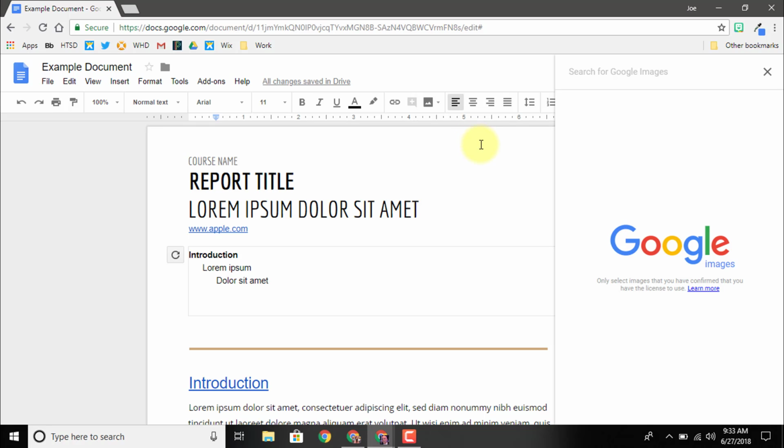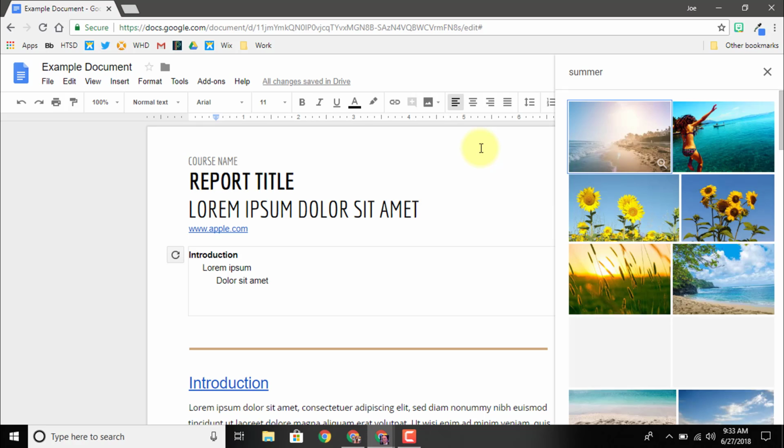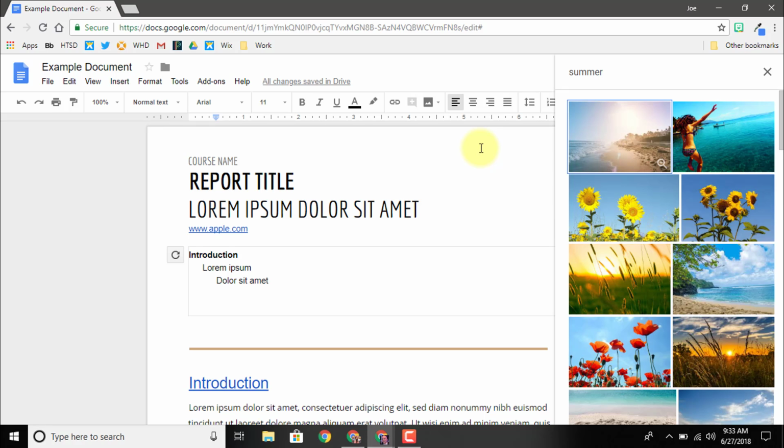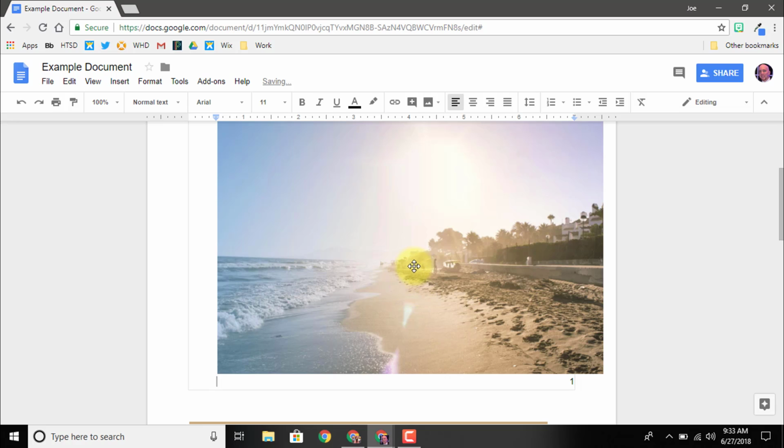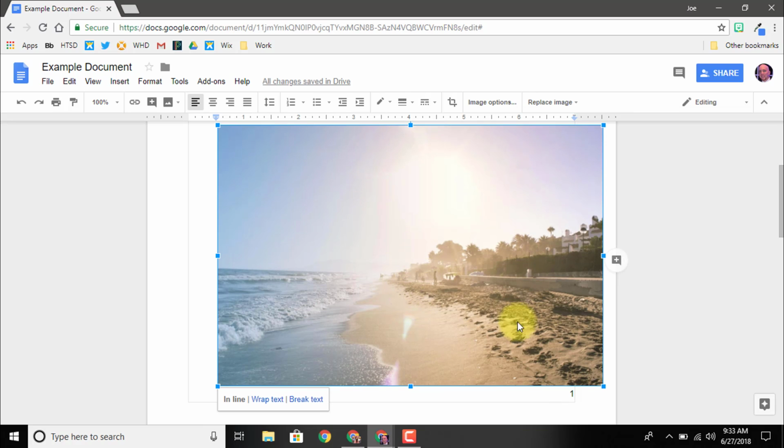With the Search the Web option, you simply type in the content that you're looking for, and Google pulls up a number of copyright-free pictures that you can use. So I'm going to select this picture, and once you do so, you'll have an Insert button in the bottom right corner. We just select Insert, and that picture is added to our document. Once it's added, we simply select it, and we can do a number of different things, such as resize it